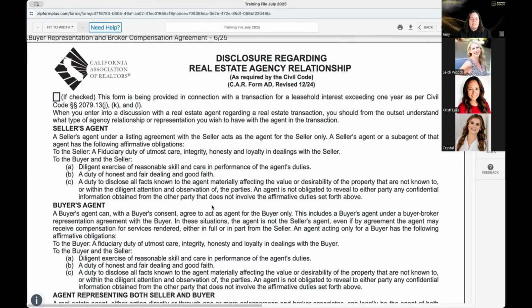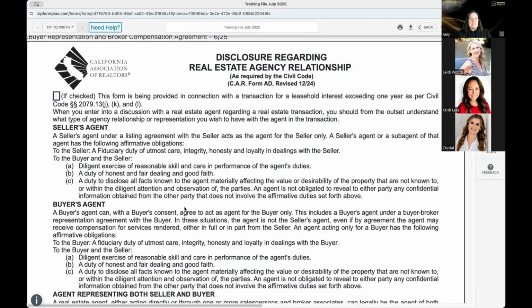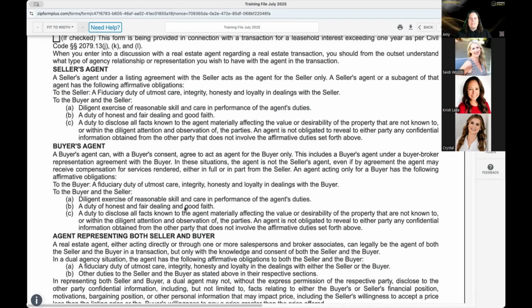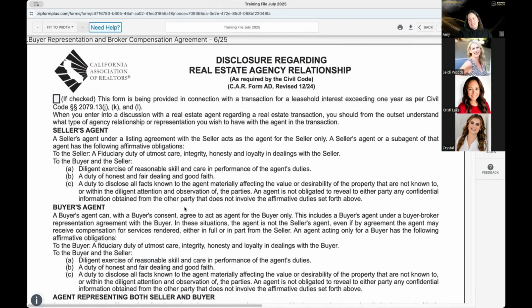And I can guarantee you that these potential customers are using lots of different agents to see properties. So I just wanted to remind you to make sure you get this signed. It starts with our agency disclosure form. We see this on our buyer representation agreement, on the purchase agreement, and again with the listing agreement. It attaches, and it talks about the way that you can be represented